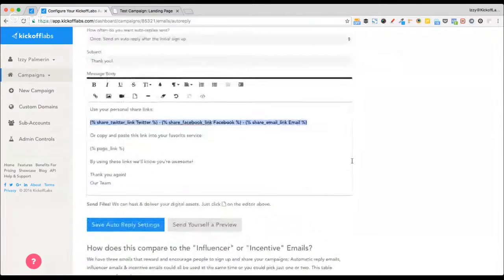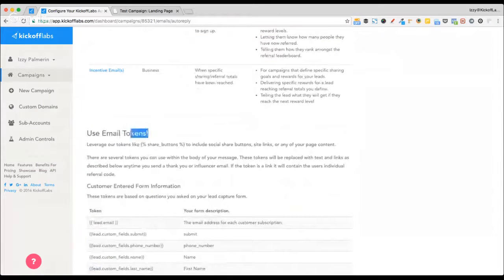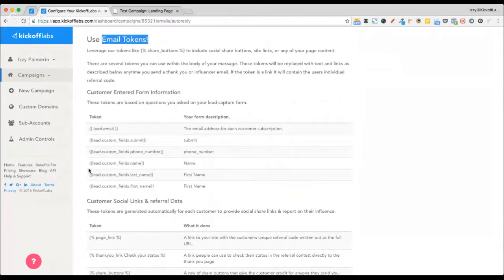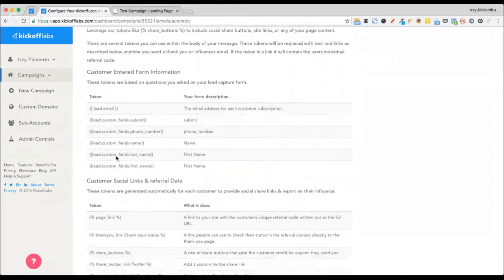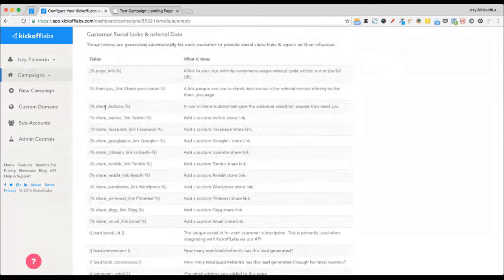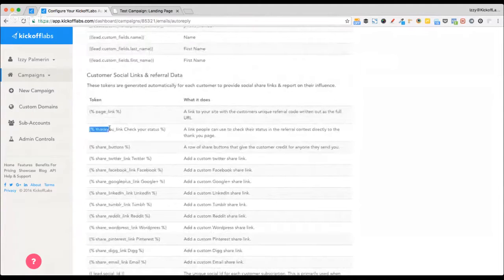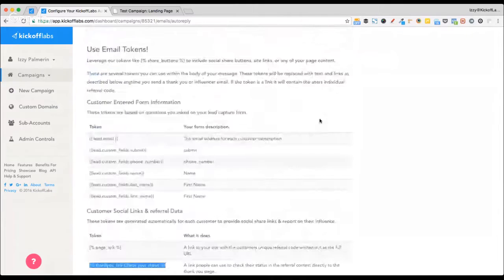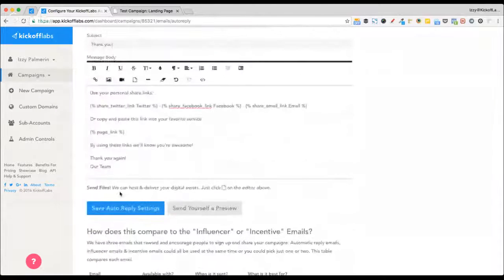And something that you might also notice are these little dynamic links. If you scroll down, there's something called email tokens. These email tokens are dynamic information that you can place into your Kickoff Labs emails. It can be any kind of information that you ask for on the form, or any of these additional email tokens, which are for the page link or for the thank you page. One of the things that I really recommend doing is grabbing the thank you page one, because it's not in the email by default. So grab that thank you page one, copy it, and I like to put it as